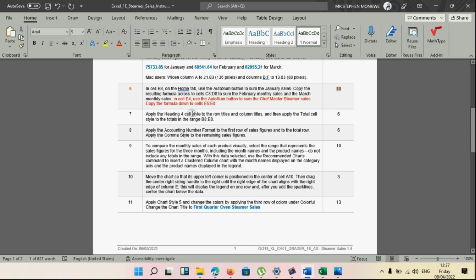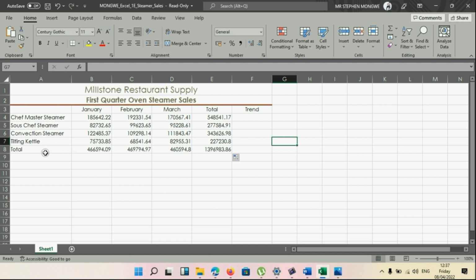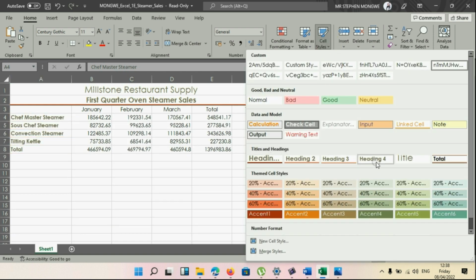In number 7, they say apply the heading for cell styles to row titles and column titles. We are going to apply the heading for cell style. Alright, so let us go straight to our row titles and column titles. From here we are going to apply the heading for cell style. Make sure that you have the big positive sign here instead of the small one. You left click your touchpad, you swipe downwards. Now you are going to apply the heading 4